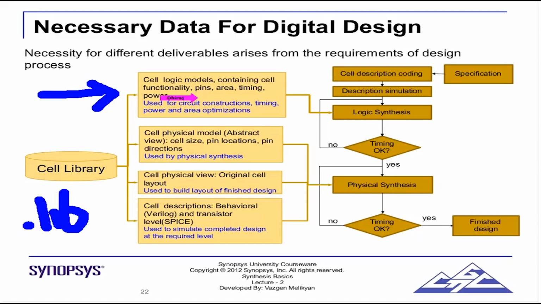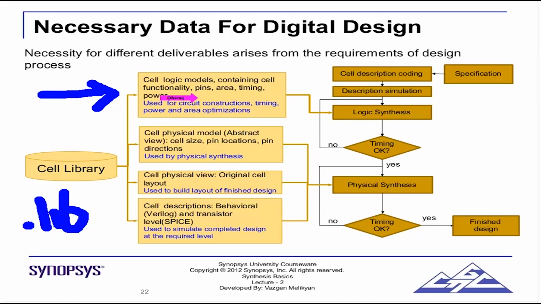Second level comes the cell physical model. Now please note that Design Compiler, the synthesis tool, is actually not worried about the physical model of a cell. It just needs to know the area. It is not placing the cell. It just needs area to optimize area, obviously. It does not need the coordinates. It doesn't need the pin location,